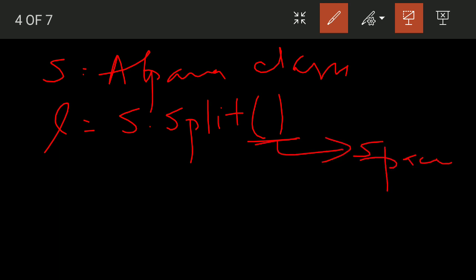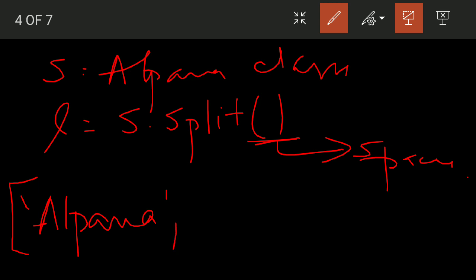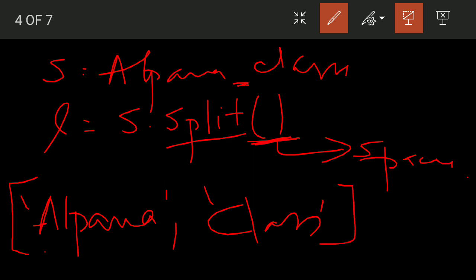By default it's a space only. So when you write this, it will split word by word with the space. After Alpana there is a space, so it is splitting with the space. So like this it will split. Okay, so it is splitting by word.